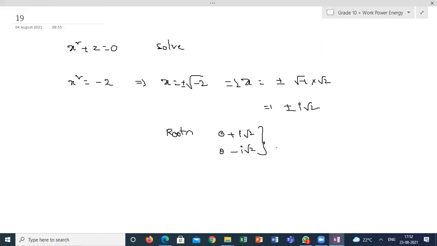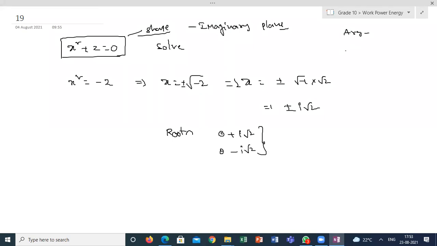This is how we can discuss the two roots of the given quadratic equation. Even though real roots do not exist, we can discuss what its shape is in the imaginary plane. Also, we can discuss after completion of Argand diagrams and the mod-argument form. All those things we can discuss after the quadratic expressions. Is it clear how to explain the non-real roots of a quadratic equation and why they are conjugate complex numbers?